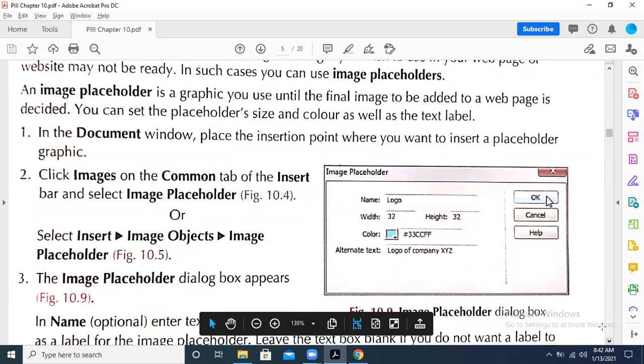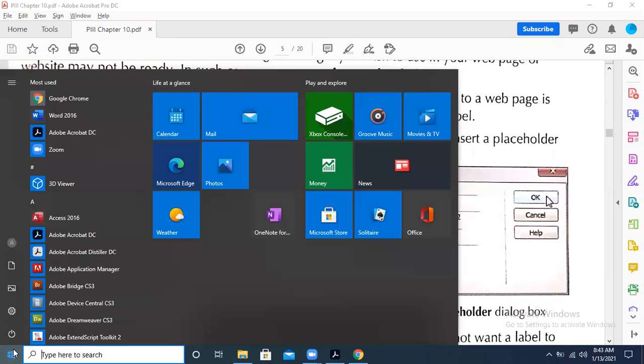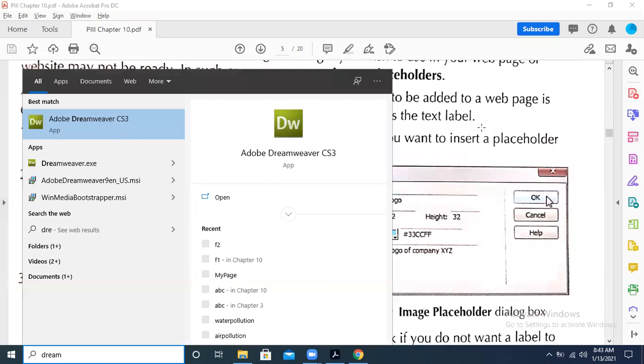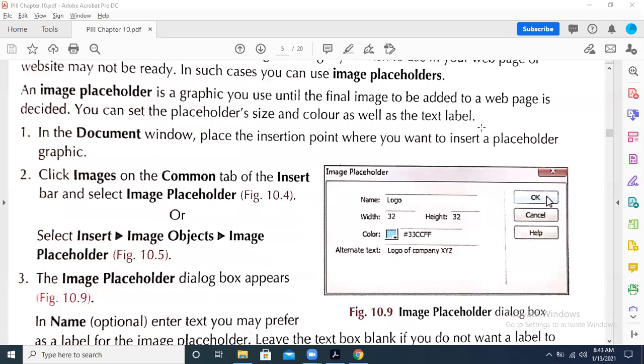What is the procedure? In the document window, place the insertion pointer where you want to insert, and then you can insert the image placeholder quite easily. Let me click the Dreamweaver.